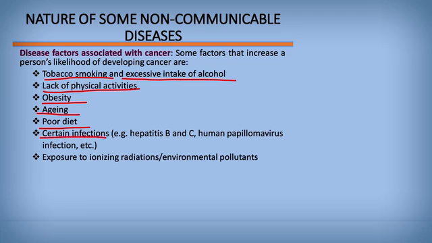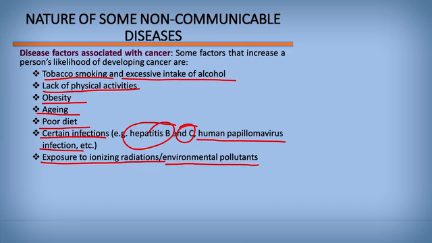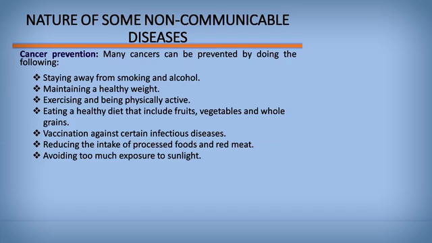Certain infections can also make us prone to cancer. Example, hepatitis B and C, and a kind of infection called human papillomavirus infection, and some other forms of infection that can make us prone to cancer. Then we have exposure to ionizing radiation and environmental pollutants. Some pollutants in the environment make us prone to developing some kinds of cancer. So these are the risk